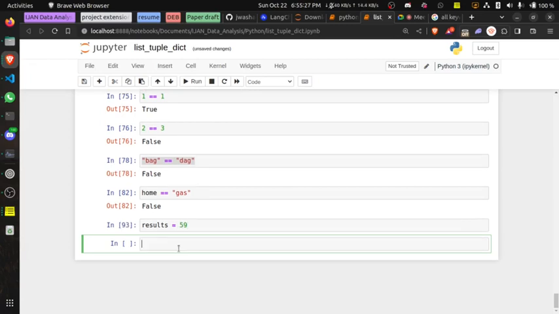So let's go to the next tab and create something. So we are going to use if else. So the question is, if this result is greater than what,